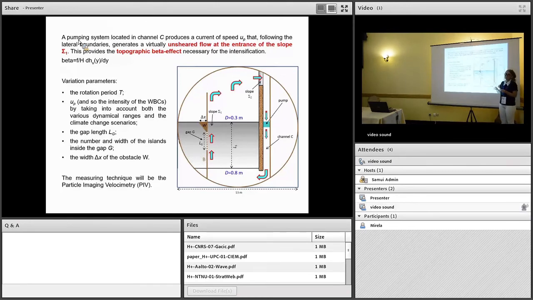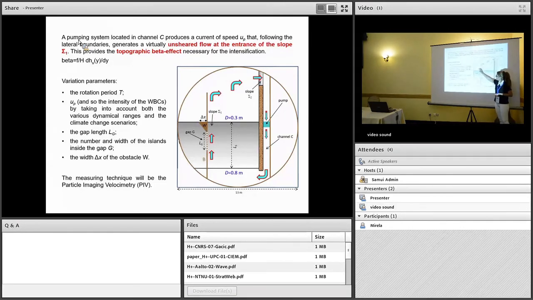vertical elements that represent islands. So we will change also the spacing between these various elements, and of course also the incoming velocity, which gives the different dynamical ranges and the climate change scenarios. And also we have additionally here these elements which represent a portion of an island, and we will vary here